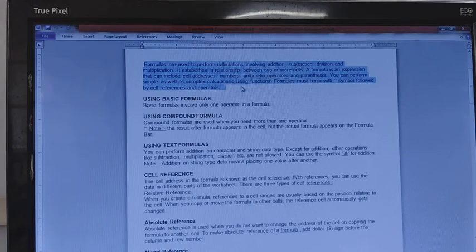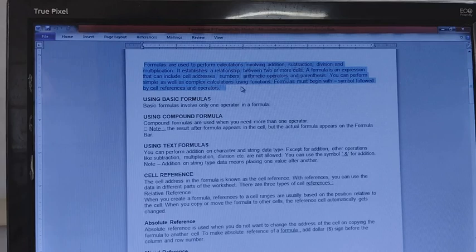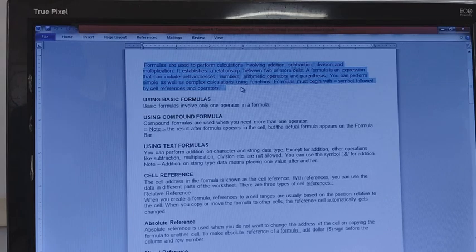We can have a cell and an operator in a different cell on which we want the calculation, and then we can get the result in a final cell. So it provides a relationship between the different cells, and it gives the calculation between the different cells.